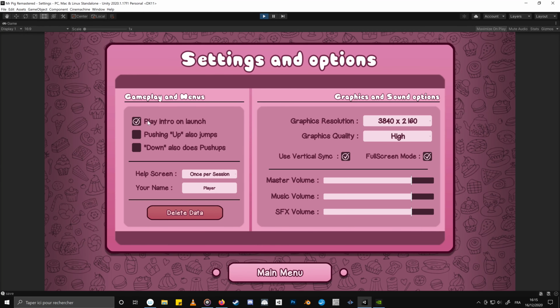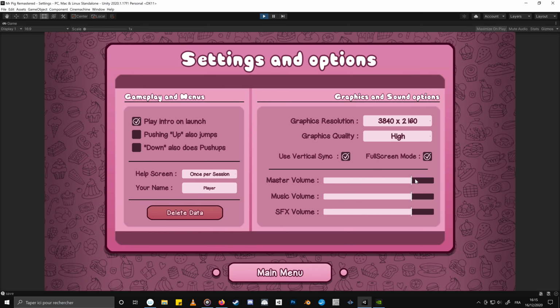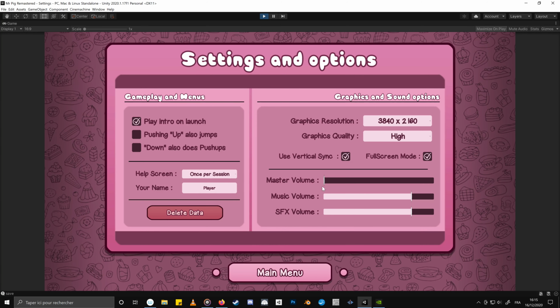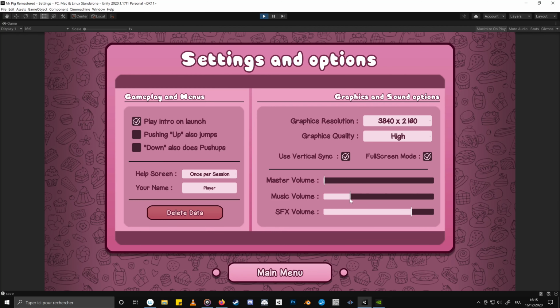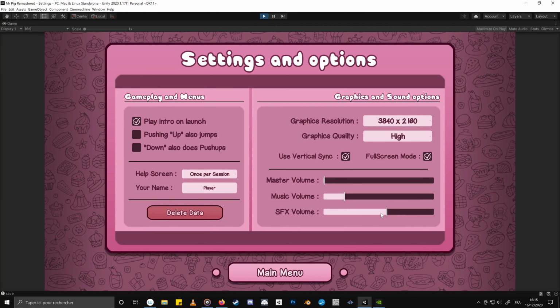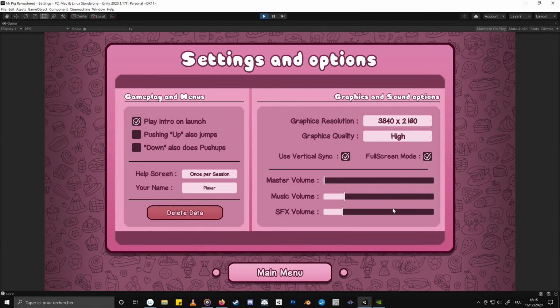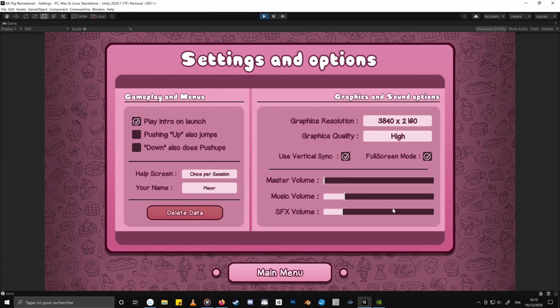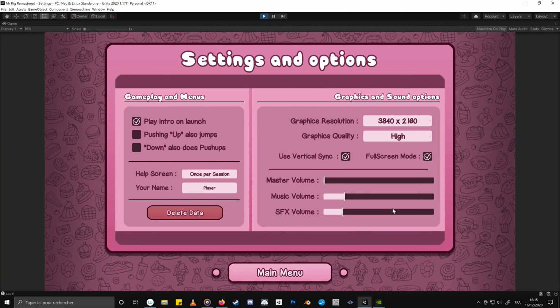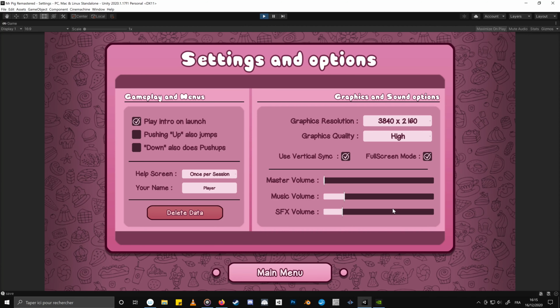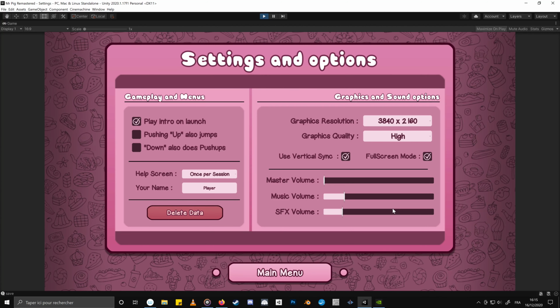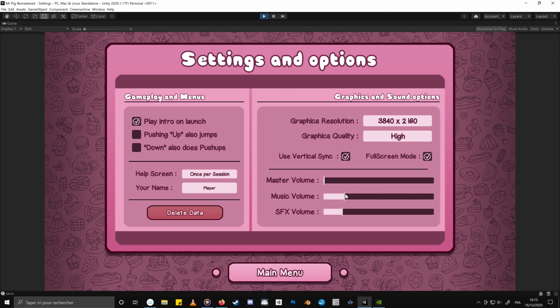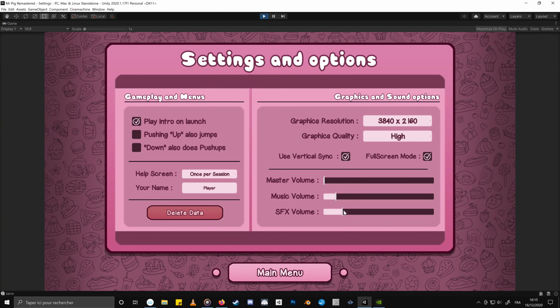This options menu doesn't fully work yet, but you can already control the volume of the music and of the sounds. I'm going to reduce them so you can better hear my voice, because with my accent I'm already hard enough to understand, so I'm going to spare you the extra annoyance.